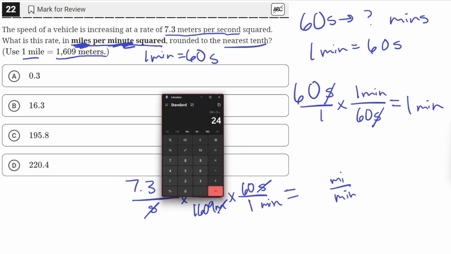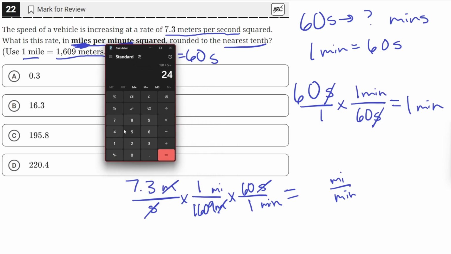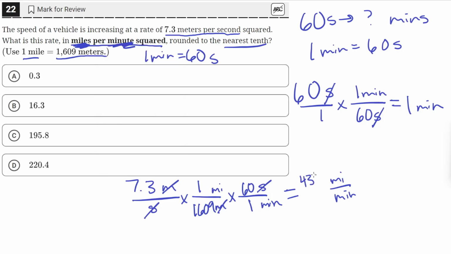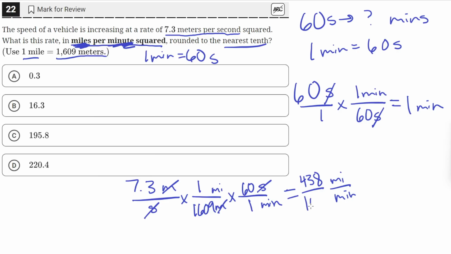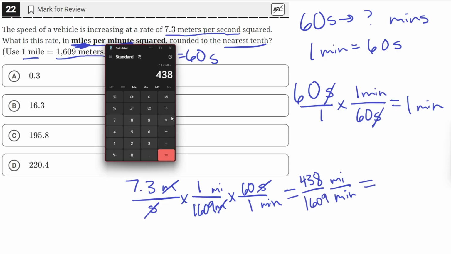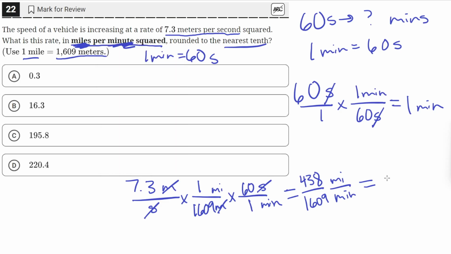We need to do 7.3 times 60, which gives 438. Then we need to do 1,609 times 1, which is just equal to 1,609. Then we can further simplify by doing 438 divided by 1,609, which gives us